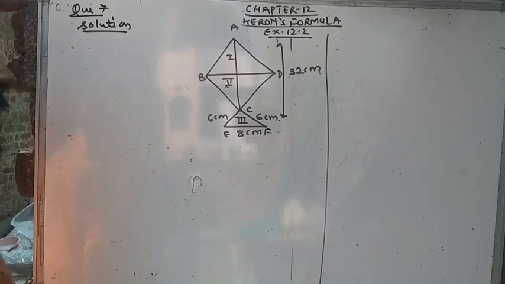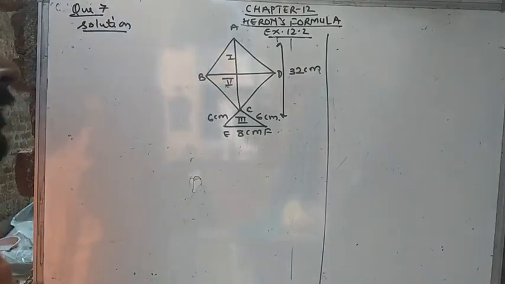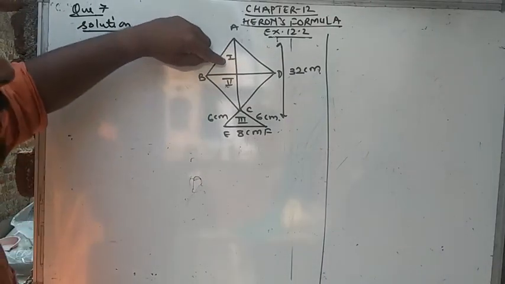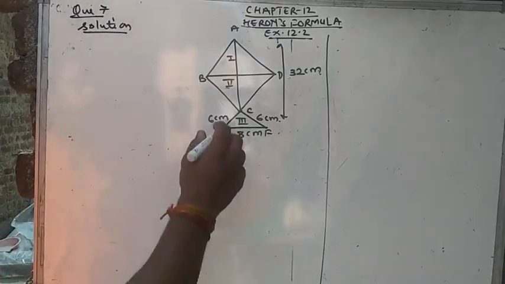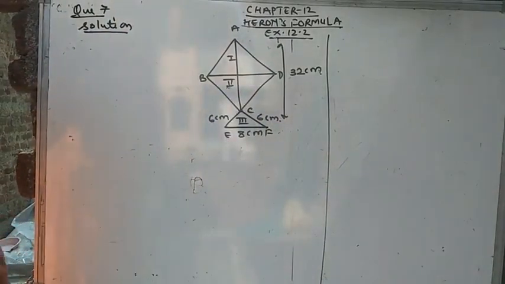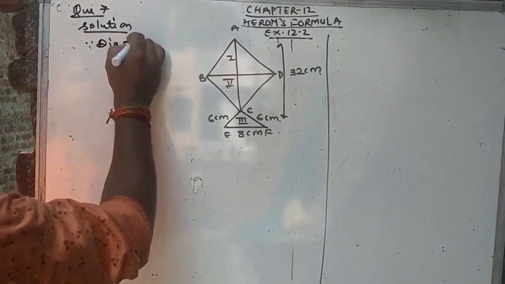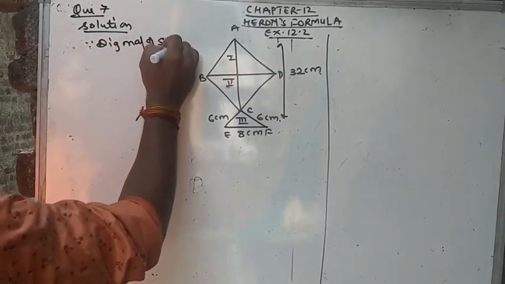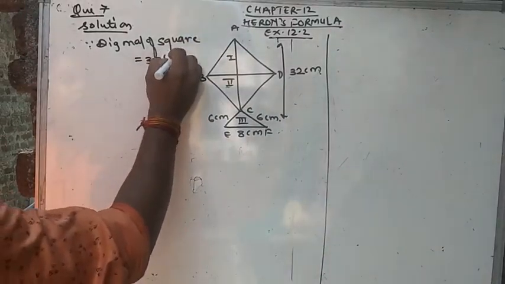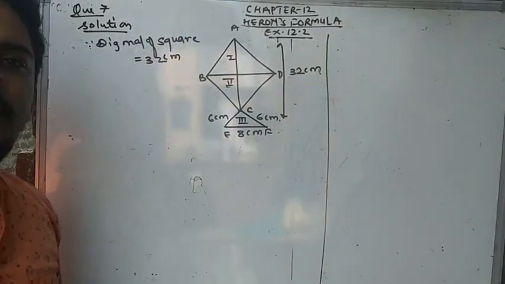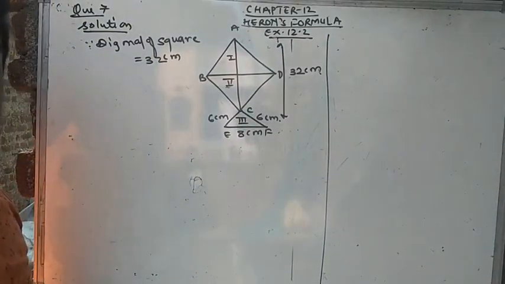But in the square we know that if we find the total area of the square and divide it by 2, then basically the areas of the first and second portions will be calculated. So how can we calculate the area of the first and second parts? Let's see. Since the diagonal of the square is equal to the given 32 centimeter, and you know very well the length of the diagonal of a square is, what is the formula? Side into root 2.